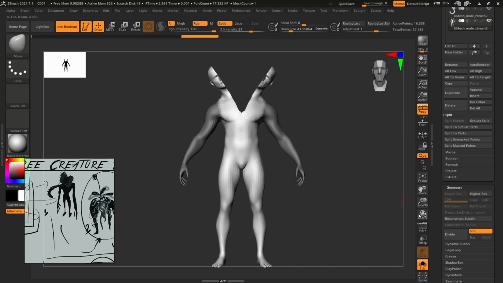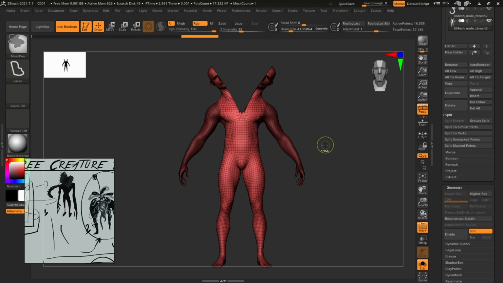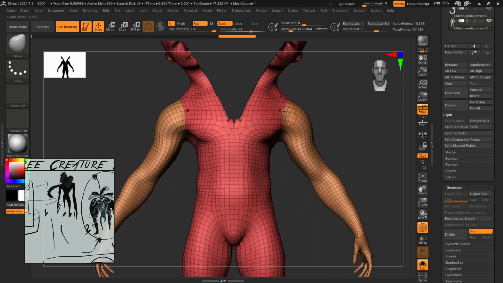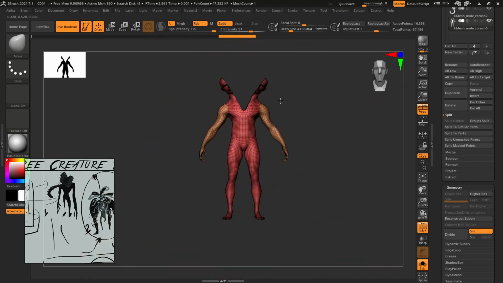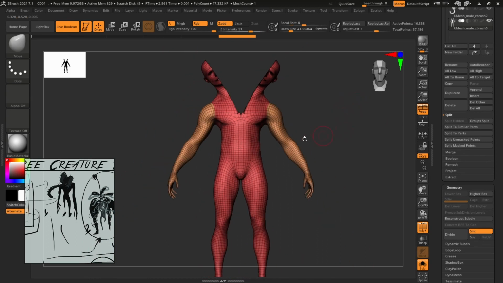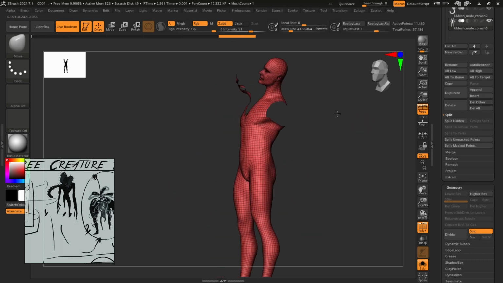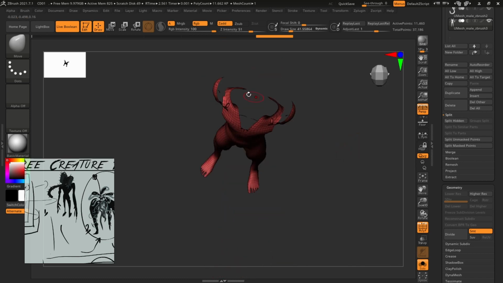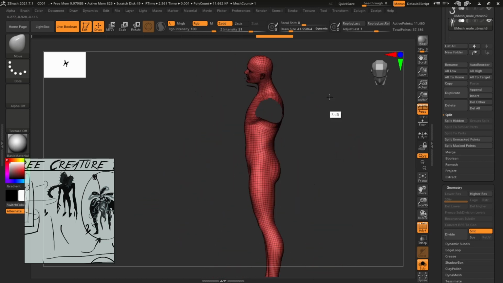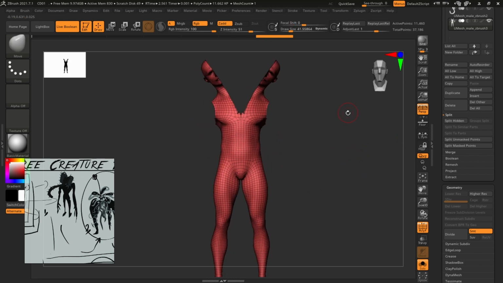If we press Ctrl W, you can see it separates its polygroup and we can easily select it. We can just press Ctrl Shift and then click the polygroup that we want to isolate, like this, right? It is isolated. But the inside is also separated. Do we need the inside? I think we will need it. So let's just,